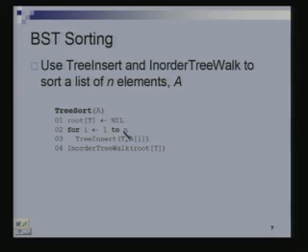So what is the method now? Well, you have a bunch of keys which you want to sort. So what should you do? You first insert all the keys into a binary search tree. So you're taking all the keys and inserting them into a binary search tree. And then just do an in-order traversal of this tree. So you'll get all the keys in increasing order. So you sorted your set of keys. Is this clear to everyone?